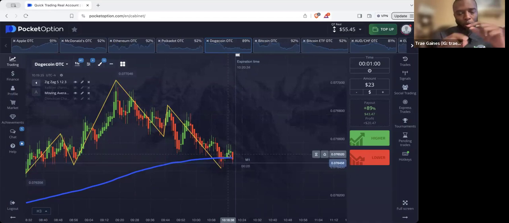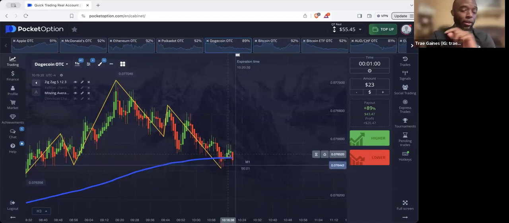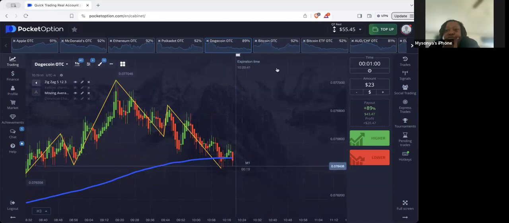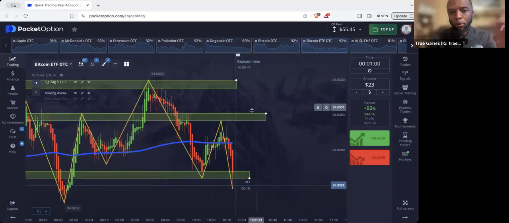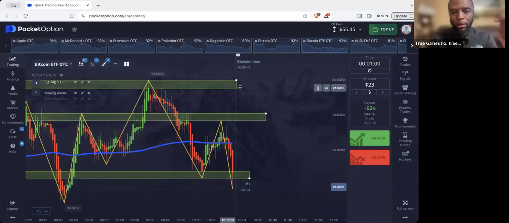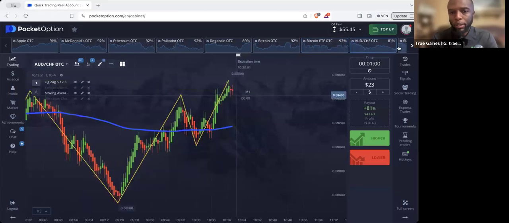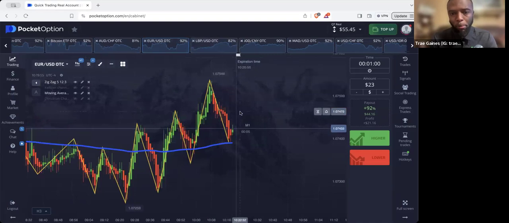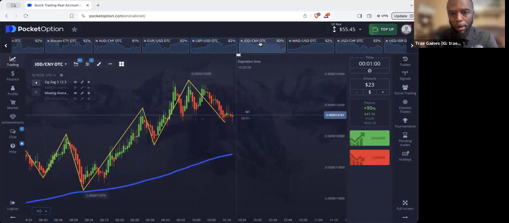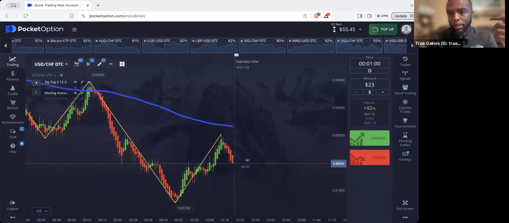If the 200 EMA is anywhere inside the middle Keltner, we don't get in that trade, no matter what the setup looks like. That one looks like it's probably inside the Keltner, but it's below it for now, so we'll just keep it like that. We'll say sell, that'll be a sell, that will be a buy, and that one probably inside, but it's below, so we'll say buy, buy, sell, sell, sell,